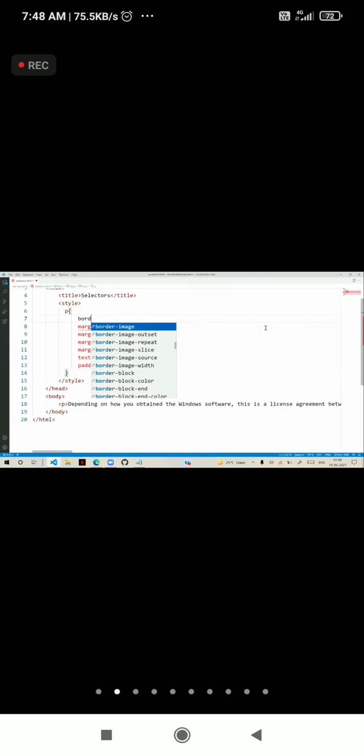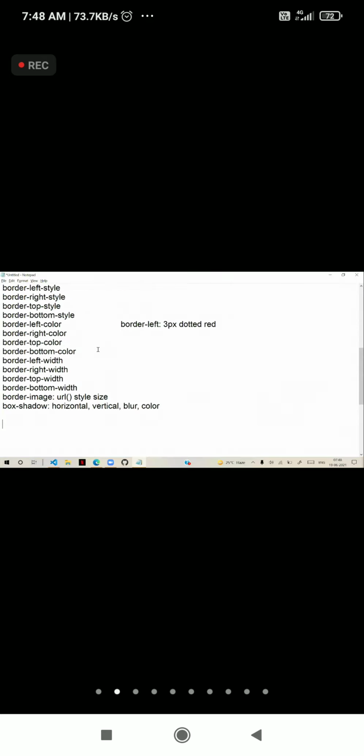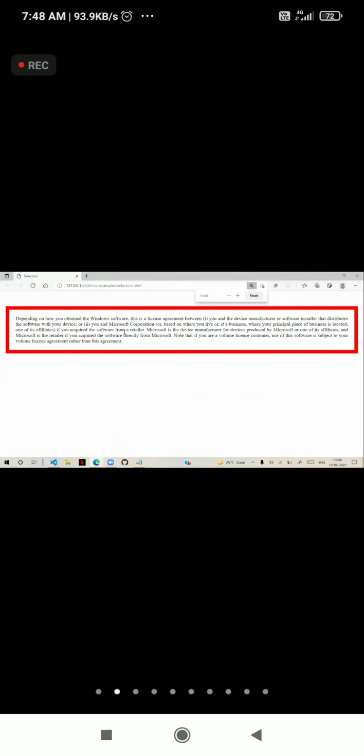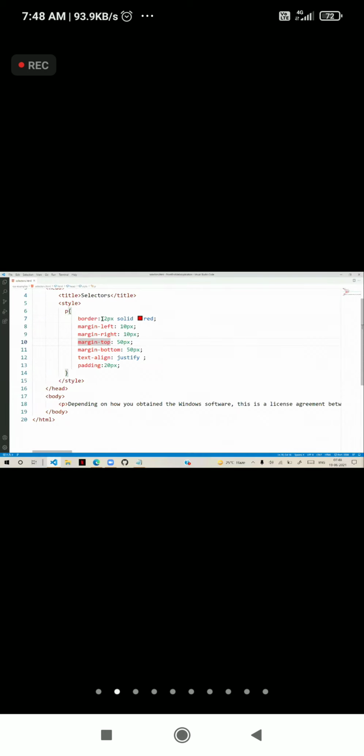I given border as 2 pixel solid red color, or 12 pixel solid red color. This is border. I want to apply the box shadow. So suppose how you define the box shadow for the borders.